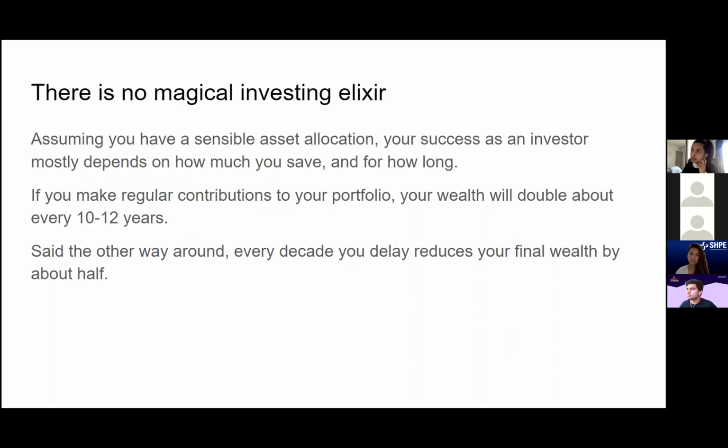So anyway, I say here, it's what we already said. There's no magic here. You don't need to be a stock picker, or go getting stock tips on Wall Street Bets. All you need to do is invest in your 401k, and you do that every year until you're retired, and you'll be fine. There's something called the rule of 72: if you assume a nominal return, which includes inflation, of about 6 to 7%, that means your wealth will double about every 10 to 12 years.